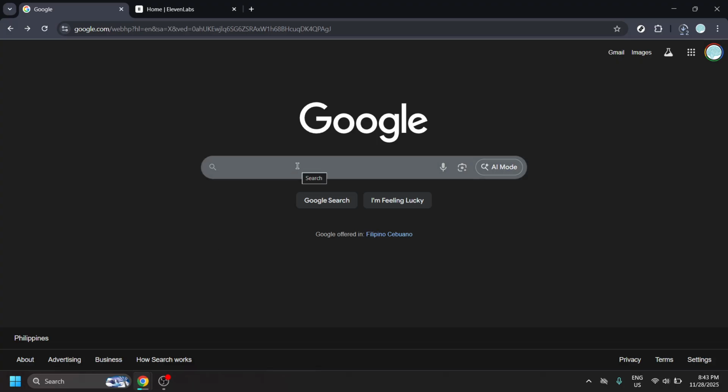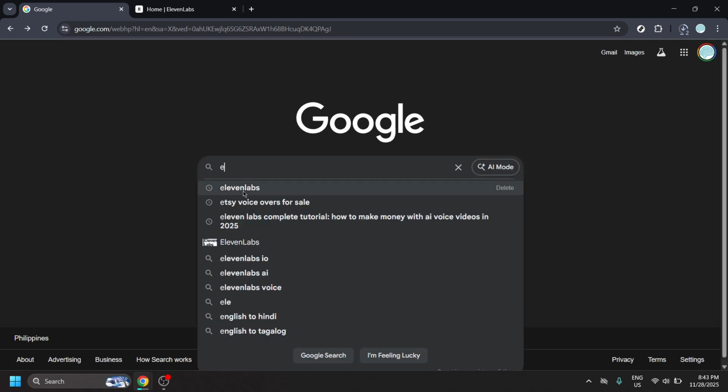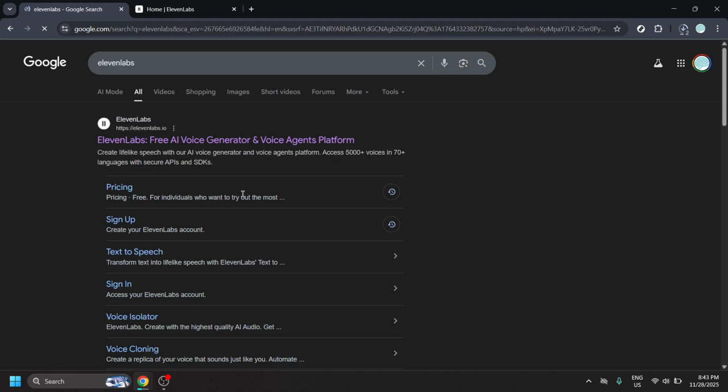Our goal here is simple. Research the payment methods Elevenlabs accepts, specifically Google Pay, so you know exactly what to expect before you upgrade or make a purchase. In the Google search bar, type Elevenlabs and look for the official site with the